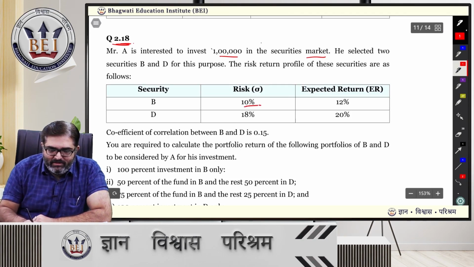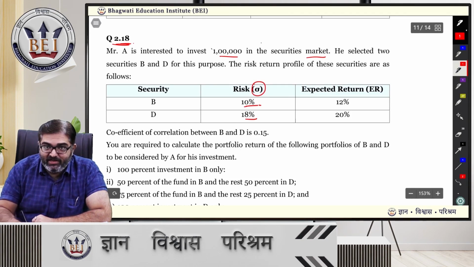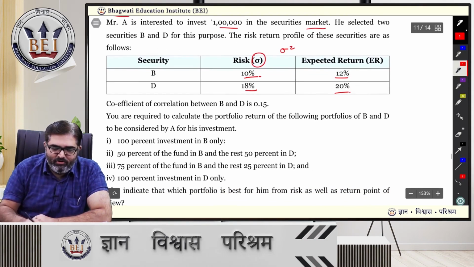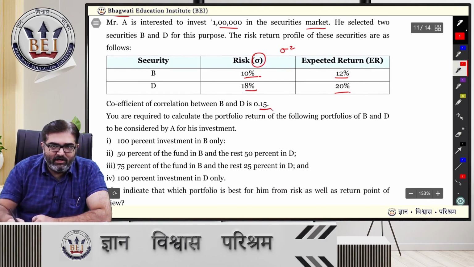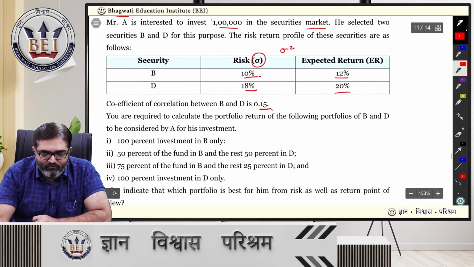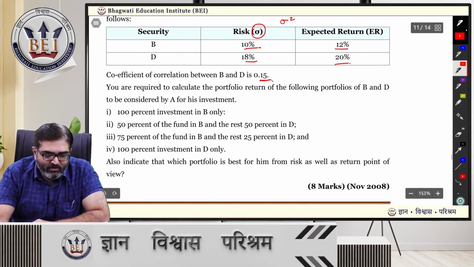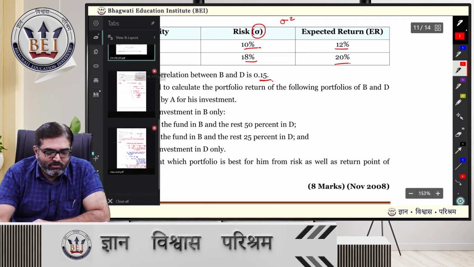Risk standard deviation से denote किया गया है, variance नहीं है ये, otherwise variance would be denoted like this, standard deviation square. Expected return 12% and 20%. Coefficient of correlation between B and D is only 0.15, so there is a good risk reduction we can expect. You are required to calculate the portfolio return of the following portfolios of B and D to be considered by A for his investment: 100% B, 50% B and 50% D, 75 and 25, 100% D. Also indicate which portfolio is the best from risk as well as return point of view, which is nothing but coefficient of variation. Right,